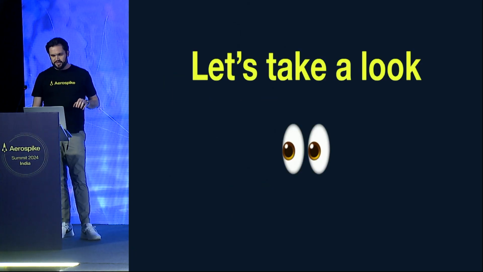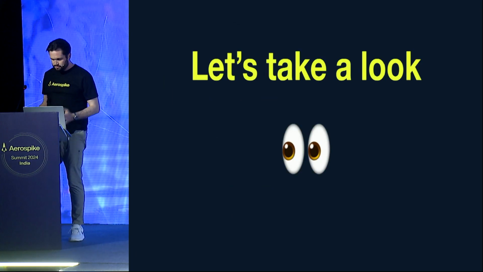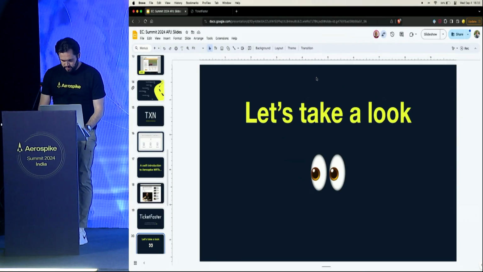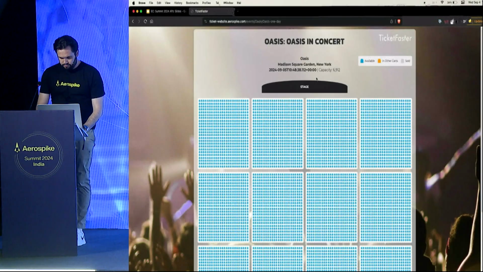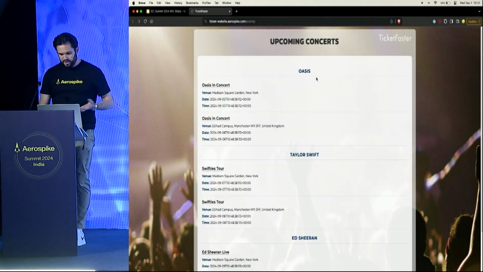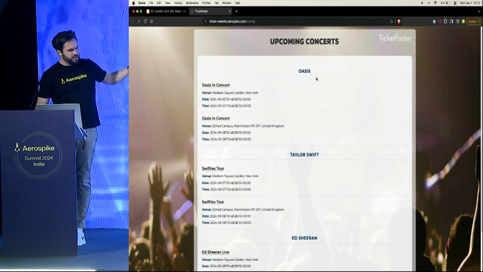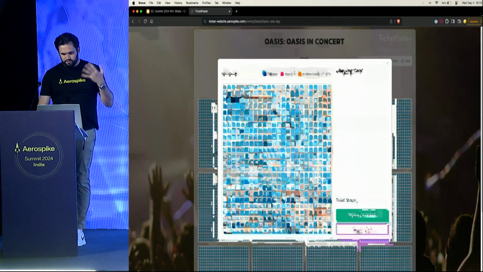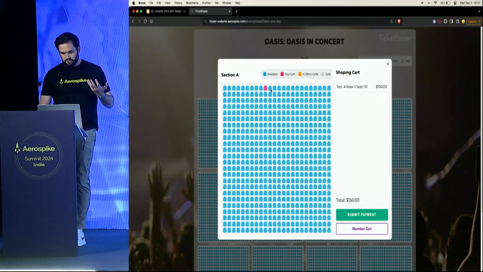Let's take a look at how this application works. You have a list of events, as you can imagine. You open up an event, you can see seats and add them to your cart and so on.